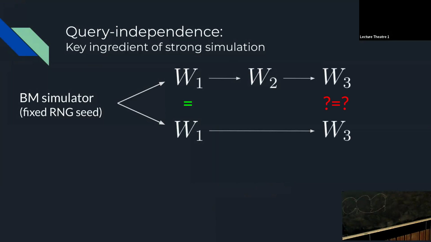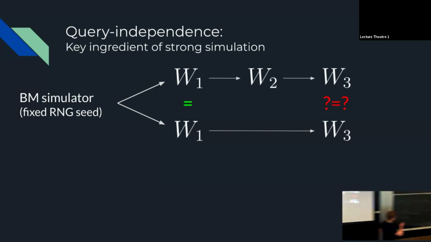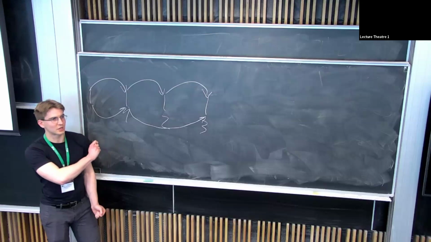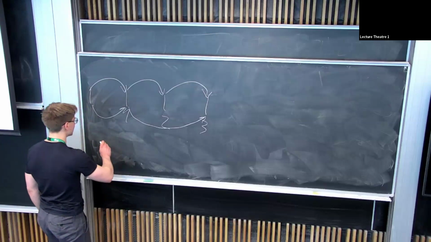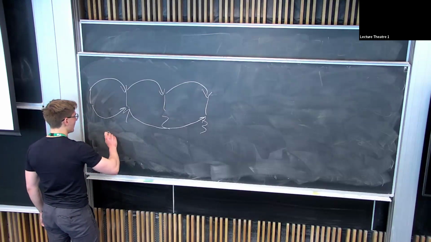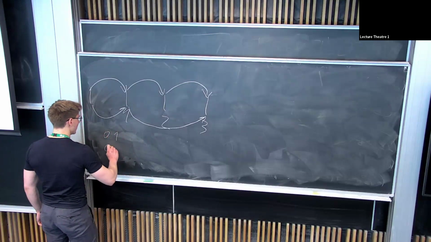But we said at the start that in order to do strong simulation and to estimate the strong order of a method, you need your Brownian path to be the same across all computations, right? But when, for example, you want to check how much your precision changes when you go from step size, I don't know, 0.1 to 0.01,